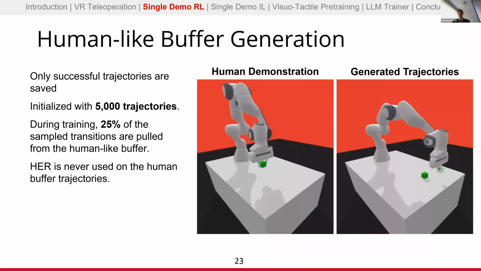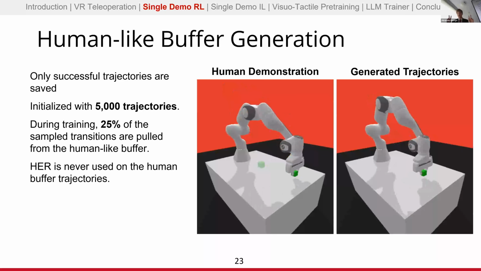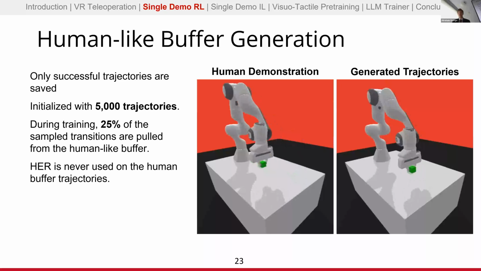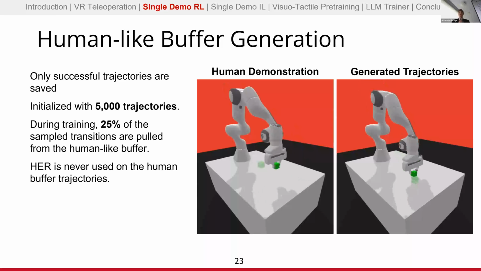After doing this, we have generated 5,000 trajectories using our augmentation method. And here you can see how these generated trajectories look in comparison to the human demonstration. So one human demonstration, and then it generates all of these similar demonstrations, changed depending on the initial conditions. During training,